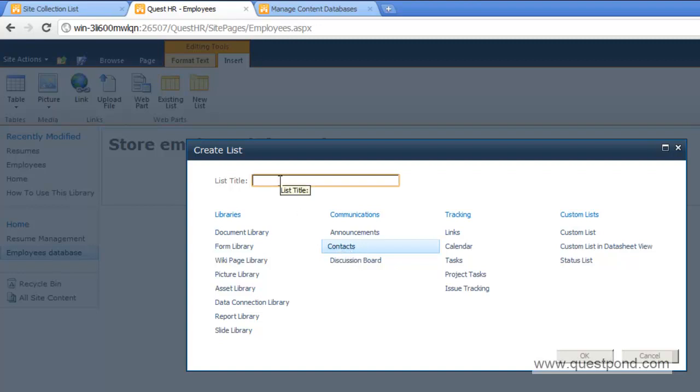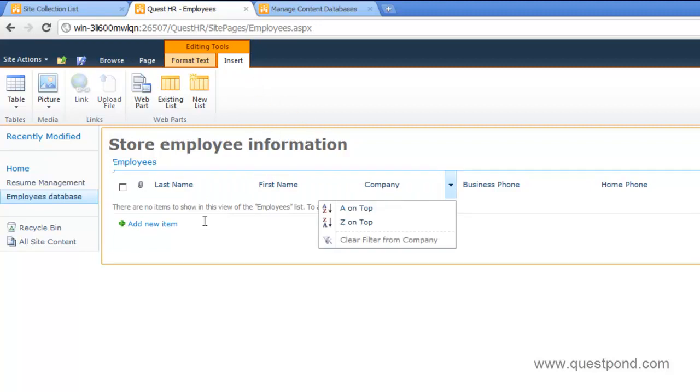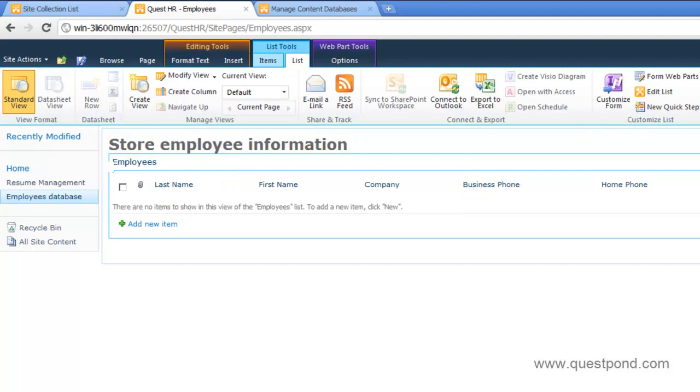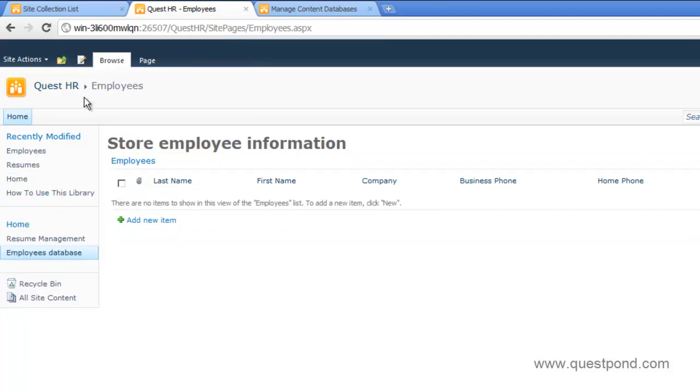So I'm going to say okay, this is the employees. Okay, and I'm going to say okay. Now the time I do this, you can see that it has popped up a ready-made structure with last name, first name, company, business phone, home phone, email address, everything. So quite a ready-made structure over there, so we don't have to really work hard on this. In case you want to add anything custom, again select this list, go to list options, go to list settings, and you can always add a new custom field over here. But currently I think this structure is more than enough, so let me just do a save over here. So we have completed two functionalities over here.